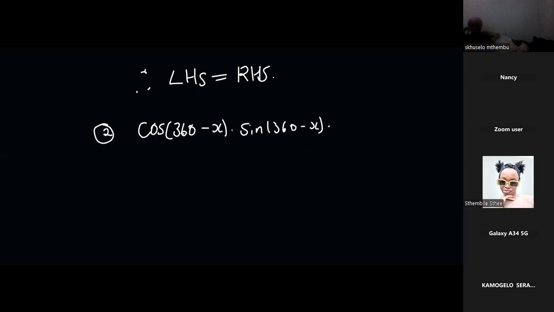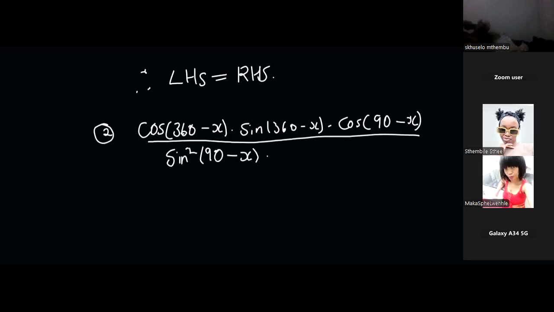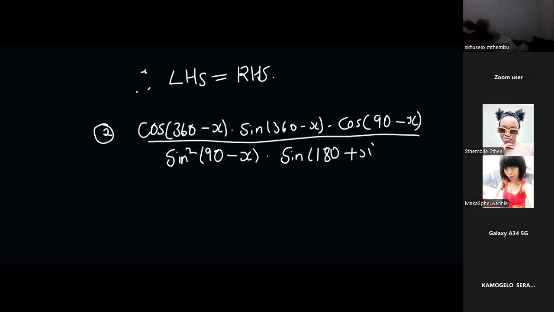That one is a co-function. Yesterday I explained it in our lesson. Divide by sine squared 90 minus x, multiplied by what? Sine 180 plus x. Page 92. So with regards to this, for you to be able to solve this, you must have